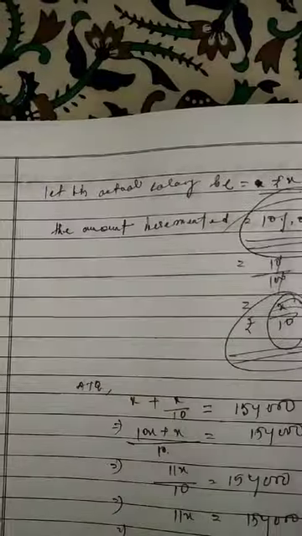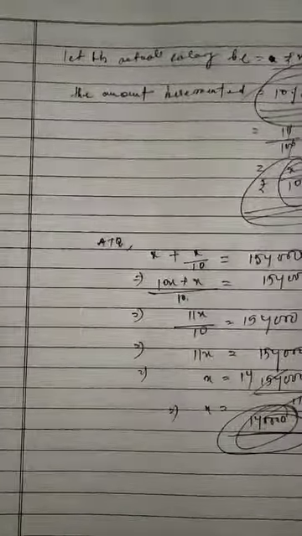Children, we have to understand this question very nicely, because this question is very important. Every year we give such kind of questions. We prefer to give such kind of questions in our exam. So children, the very first thing is what? How many people decreased on Monday? That is the most important thing.